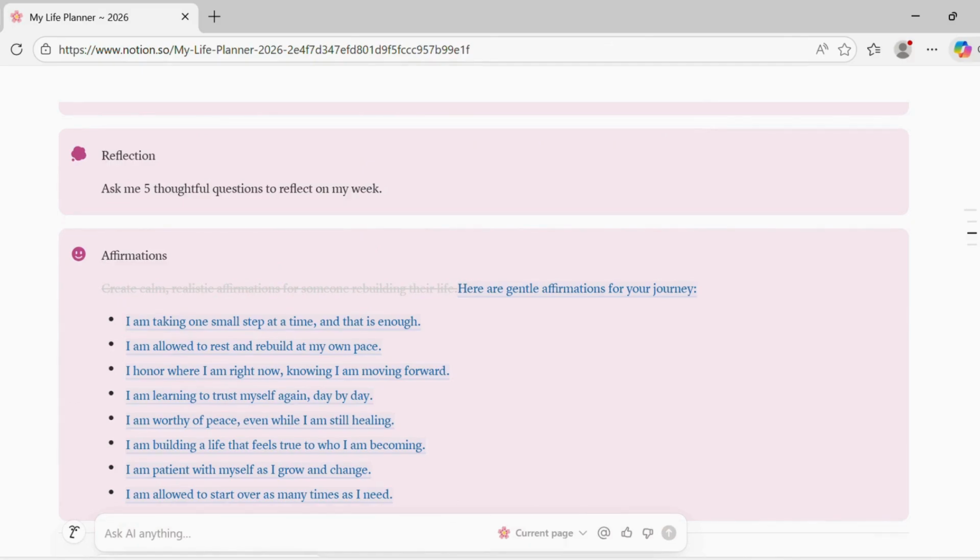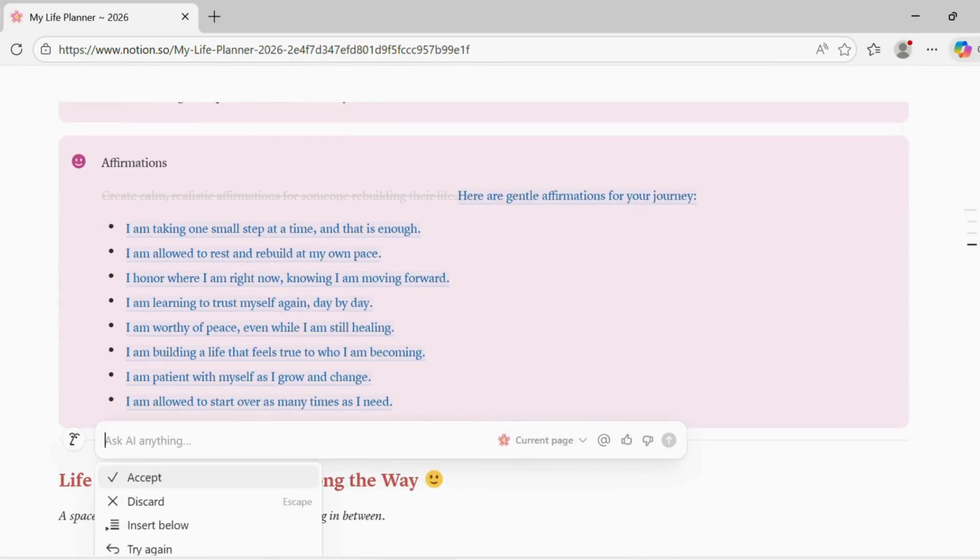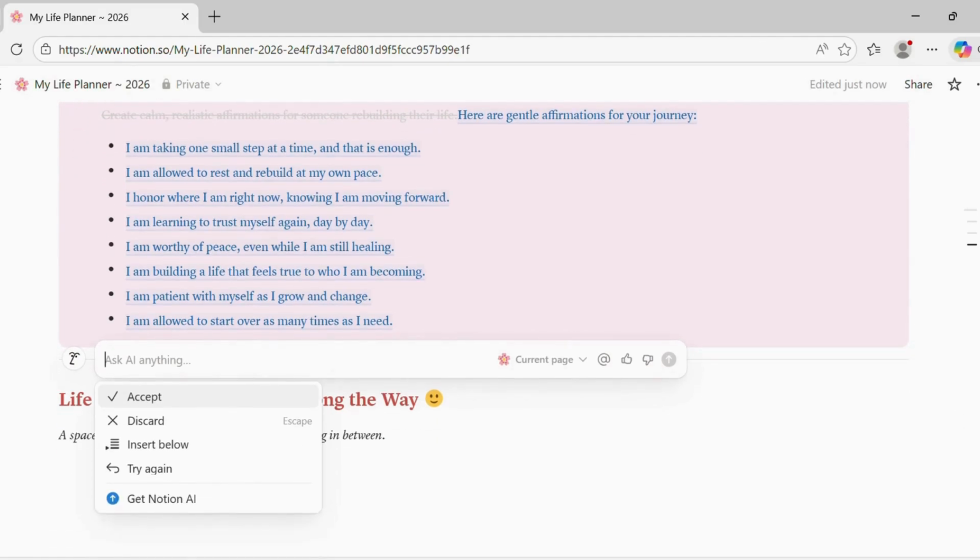It will cross out the one that you did, so optionally, put it on the lower line and then ask it, and it will provide you with amazing affirmations. Ooh, I love this one. I am allowed to rest and rebuild at my own pace. We all need rest sometimes. You push yourself too hard when you actually need to take a rest, regroup, re-strategize, and then come back and build. So you can ask AI anything,